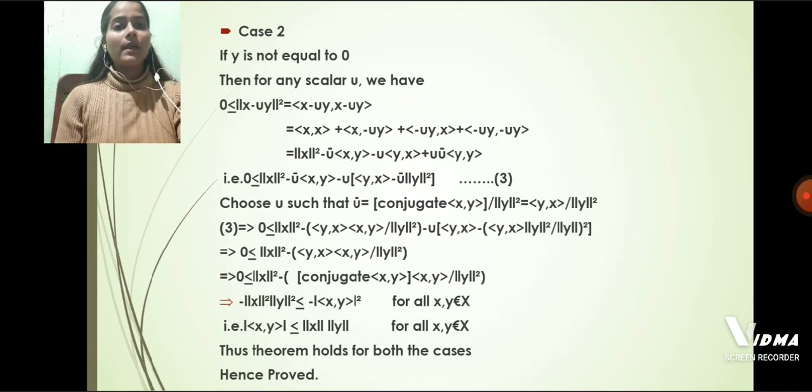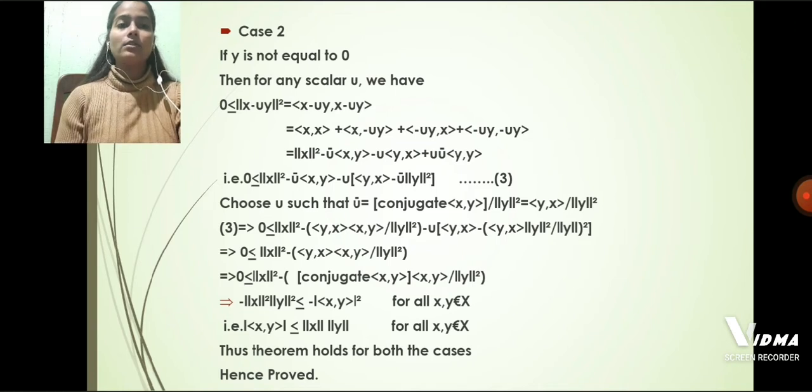Now we can write this inner product as inner product of x and x plus inner product of x and minus uy plus inner product of minus uy and x plus inner product of minus uy and minus uy. Now the first term can be written as inner product of x and x as norm of x square. In the second term, minus u will come out in its conjugate form. So we get minus u conjugate into inner product of xy. In the third term, minus u will come out as it is by the property of the inner product space. So we get minus u inner product of yx